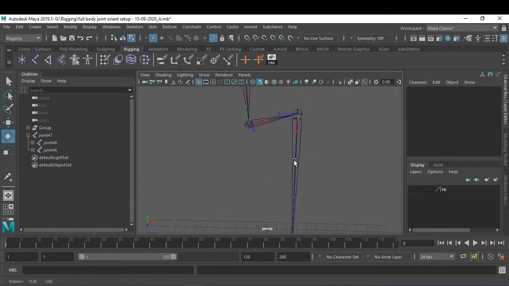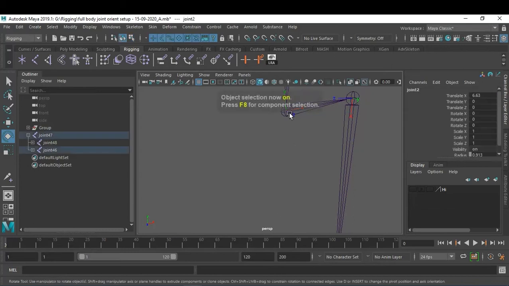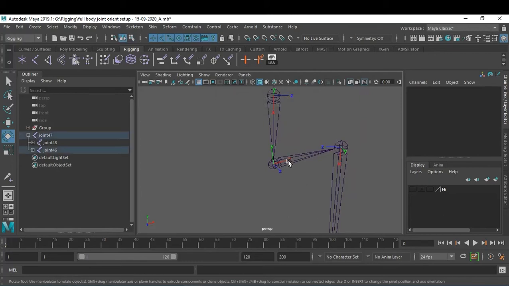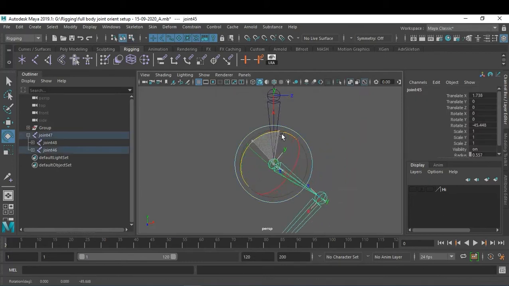Let's check what is happening here. The x-axis is proper. Suppose you want to rotate this particular joint, check whether it is fine or not.